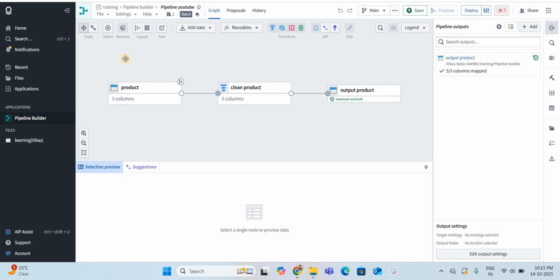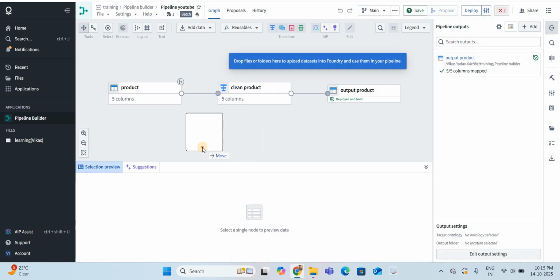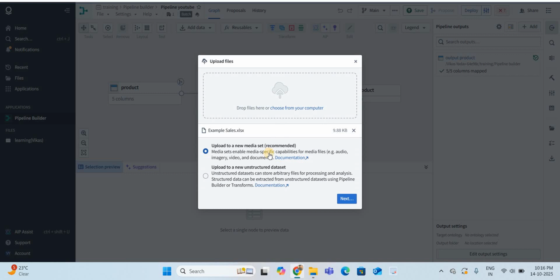So in this video we are going to see how to upload data into the Palantir Foundry Pipeline Builder application. If we try to upload XLS sheet data into the Pipeline Builder, it is not giving the proper schema. That is the problem we are facing. A lot of people are coming and asking me why this is a problem and what the solution is. So let me upload it first and show you the exact problem they are facing.